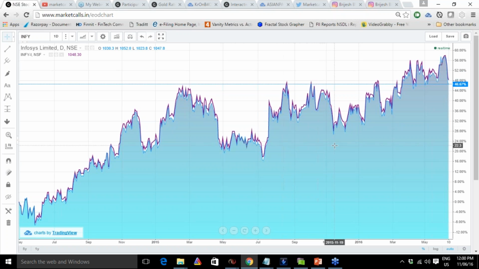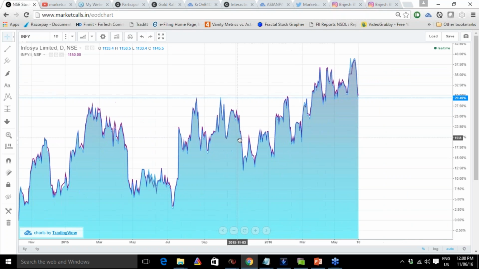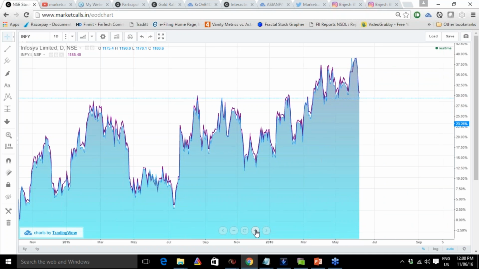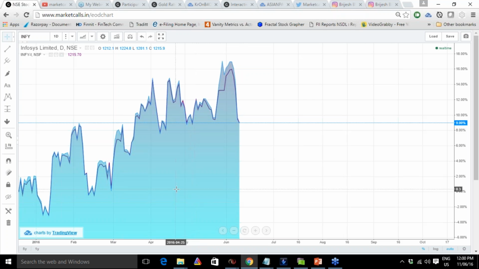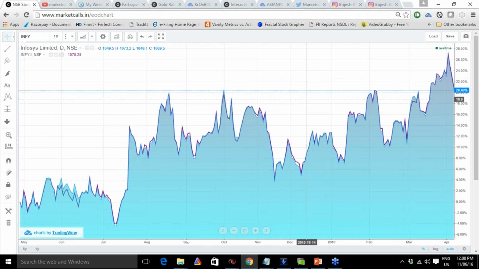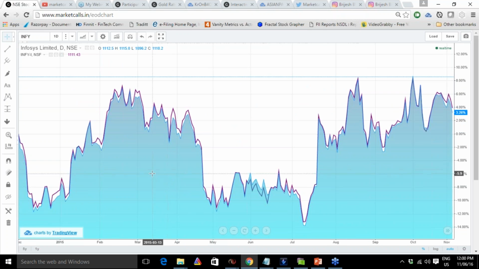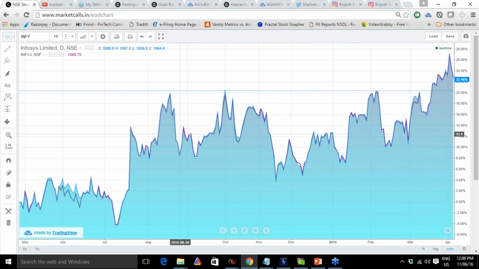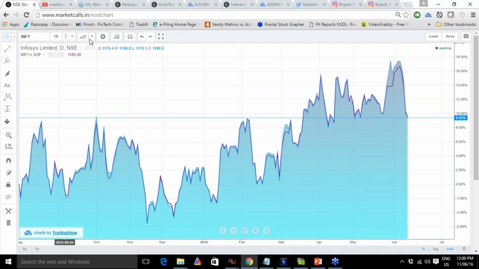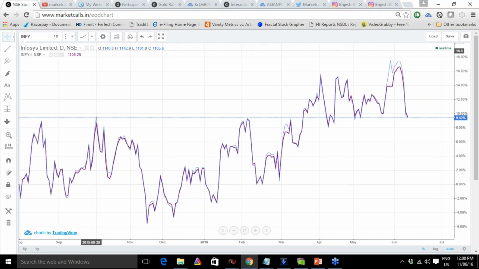You can try to check whether it's in discount or in premium, or you can try to understand when it is in premium, when it is in discount, or is there any wide gap between the cash and the futures segment, or if the spread is widening or decreasing, you can try to understand from this. Probably instead of line charts,